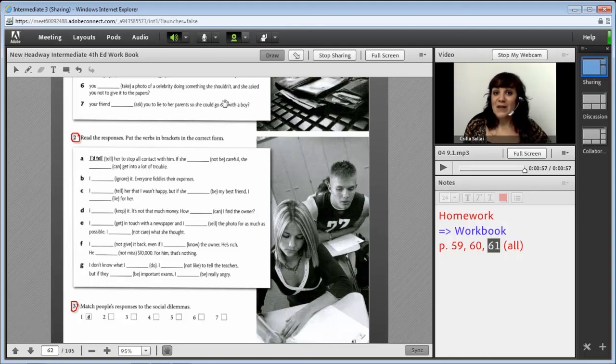So that was lesson number 1. I hope you enjoyed it. Lots of things to do, lots of practice, lots of homework in the workbook, and don't forget about the grammar references at the back of your student's book on page